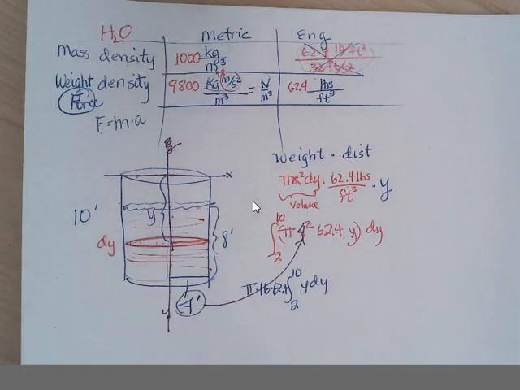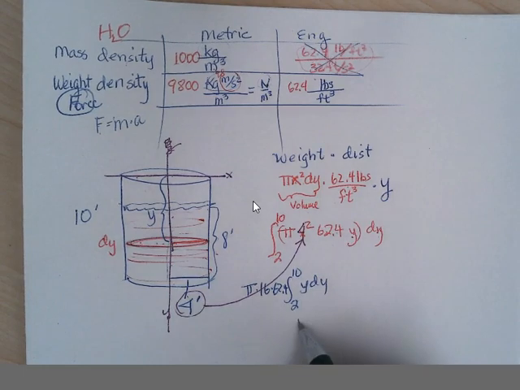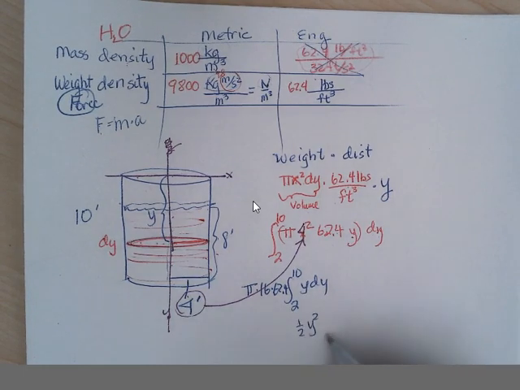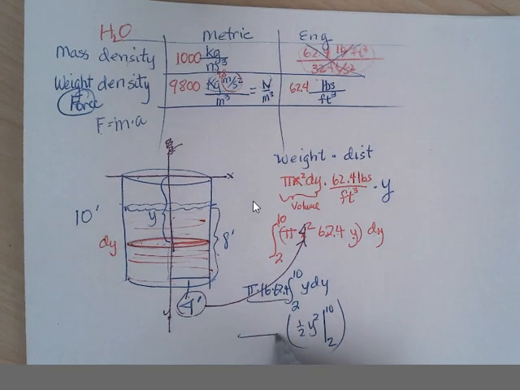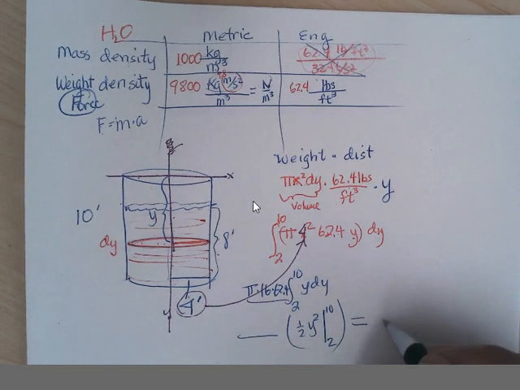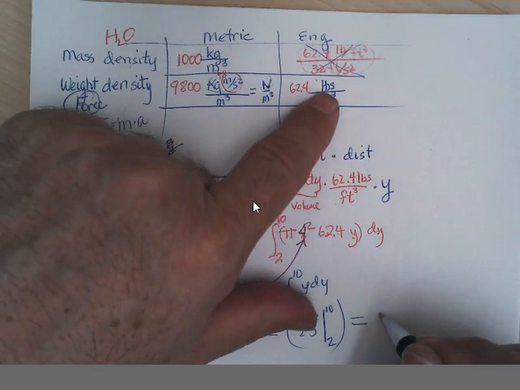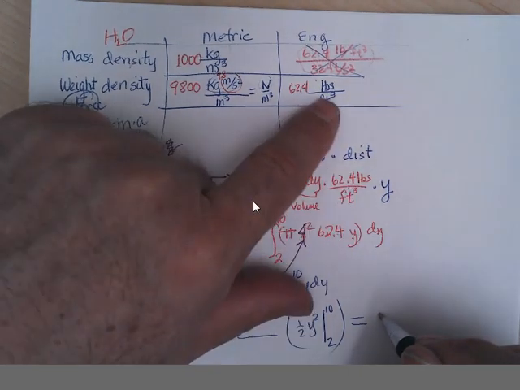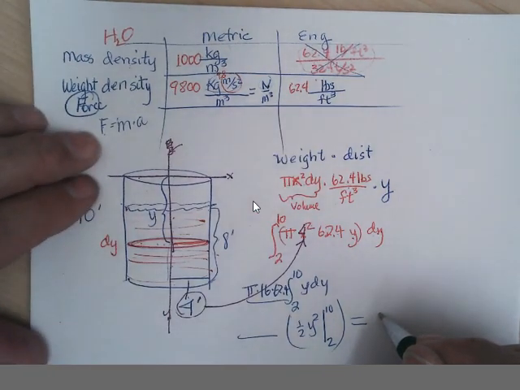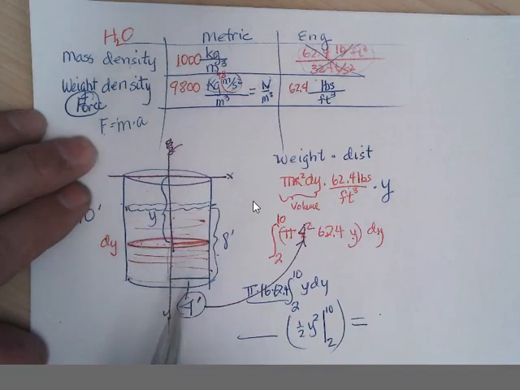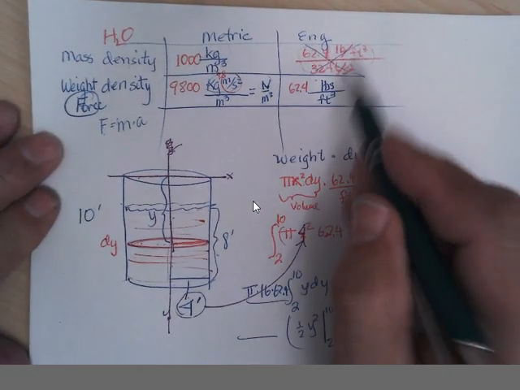Well, there's not much there that's changing anymore. The integral of y is 1/2 y squared, evaluated from 2 to 10, and take this answer times this, and I'll figure out the work done. The work would be, oh, I should probably say that up here. The work would be,